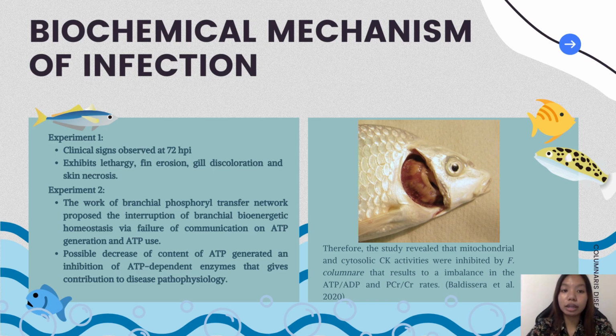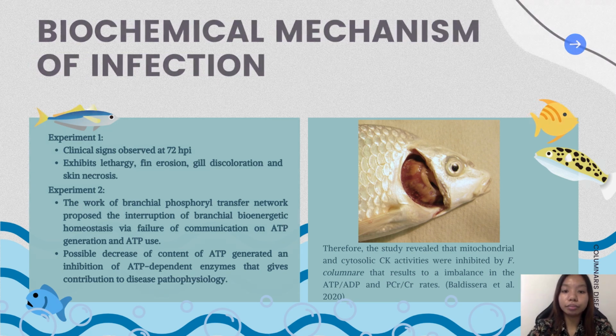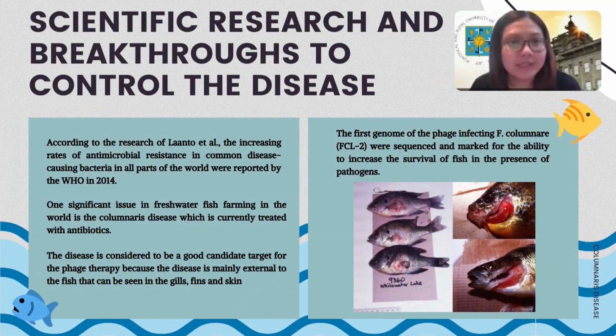This study reveals that both mitochondrial and cytosolic CK activities were inhibited by F. columnare, suggesting a disequilibrium in the ATP or ADP and PCr or Cr rates that may possibly lead to decreased availability of ATP and disruption of the communication between sites of ATP generation, or the mitochondria, and ATP consumption, or the cytosol. In this part of our presentation, I'm going to talk about the scientific research and breakthroughs to control the disease,